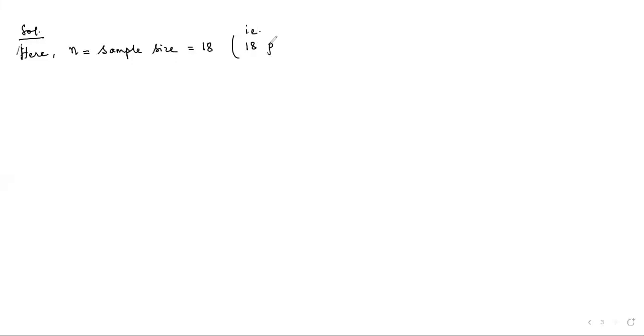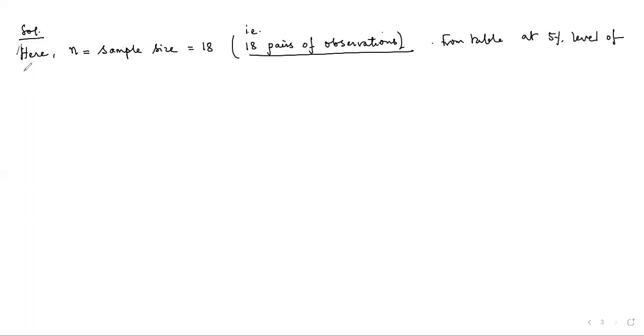And from the table, at 5% level of significance, for 18 minus 2, that is 16 degrees of freedom,